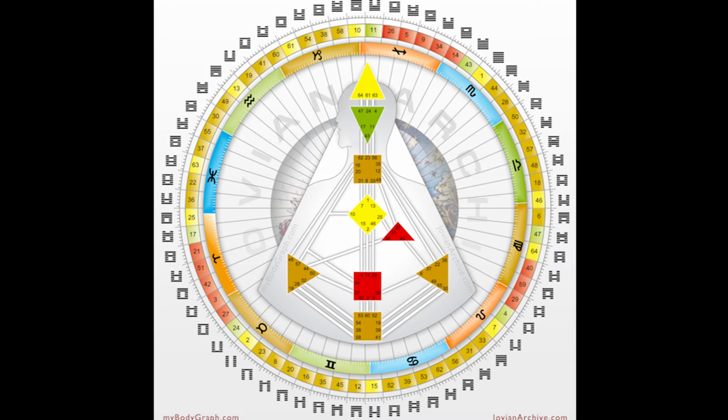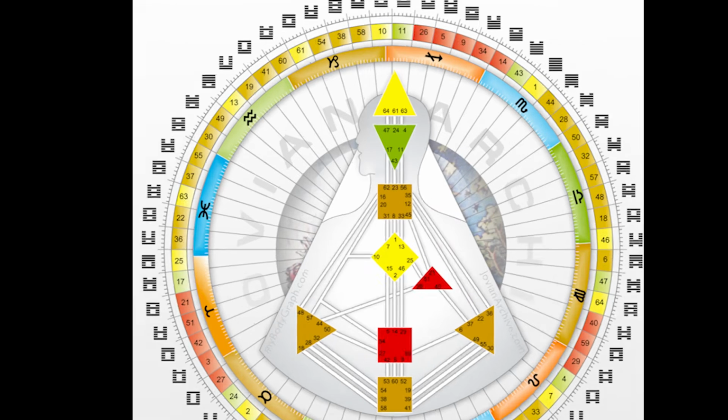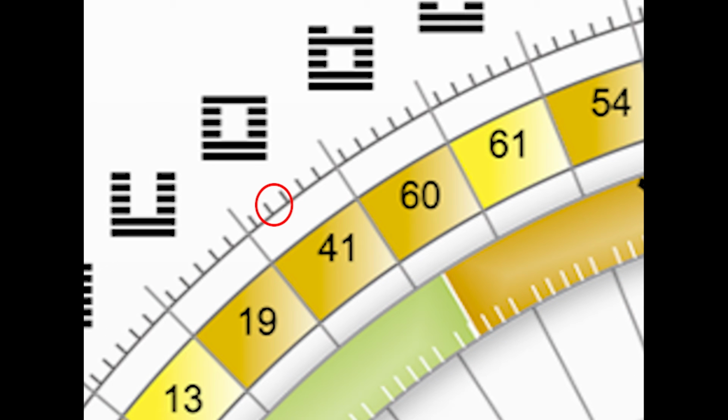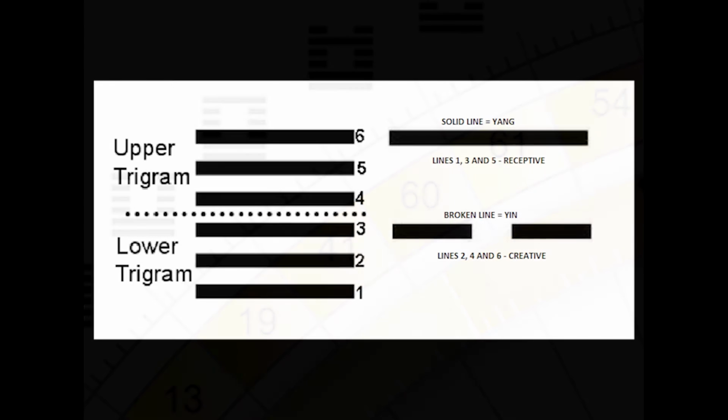We will start with a description of the hexagram line structure and the detailed meaning of the third line, followed by the general description of Gate 41 and its third line. If you are already familiar with some of the information, skip to the next relevant section. For convenience we have split the video into sections, which you can check in the description below.